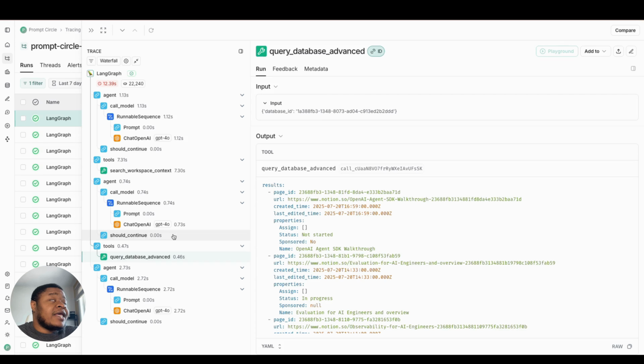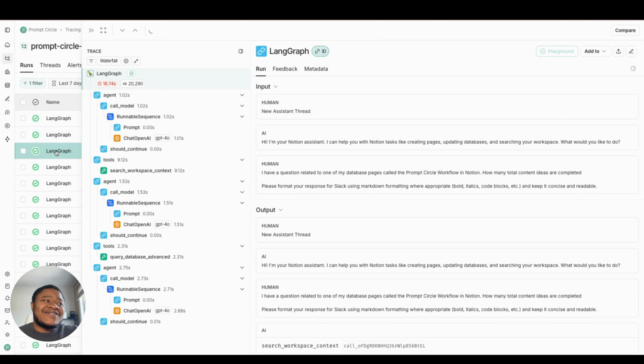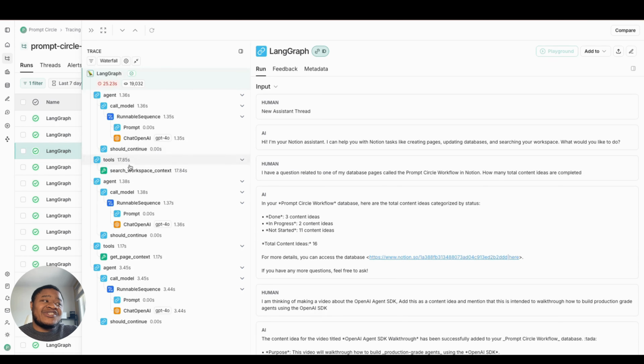Now, another thing I noticed, and this is why it's very important that you're thinking through this to be as prescriptive as possible when you're building these agents out, is that it also takes different approaches. Actually, when you look at it, it took different approaches each time I asked this particular question. So here, for instance, it is doing,